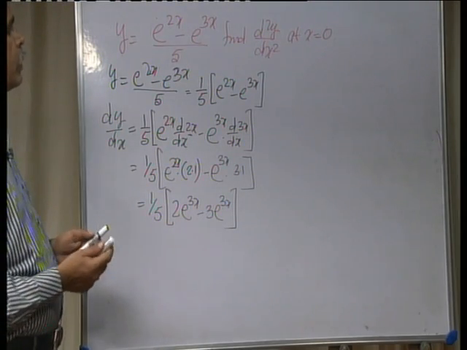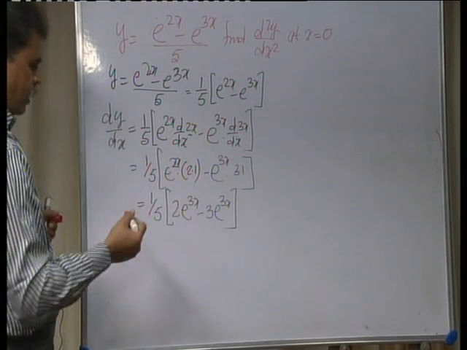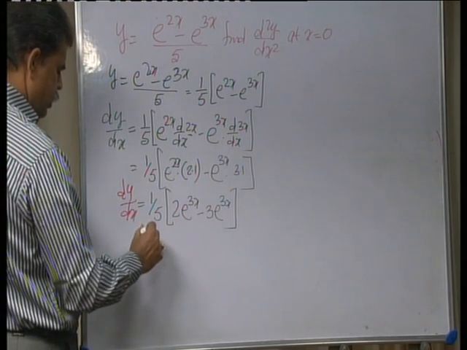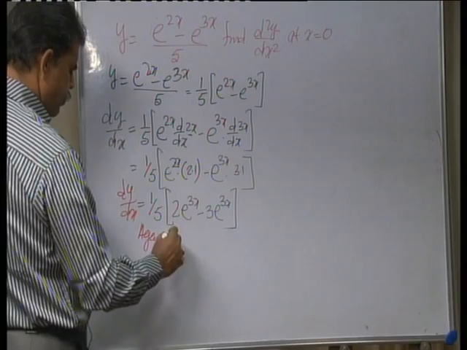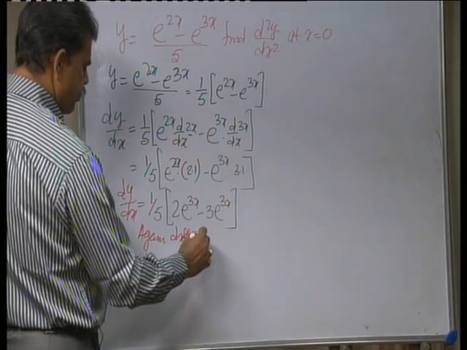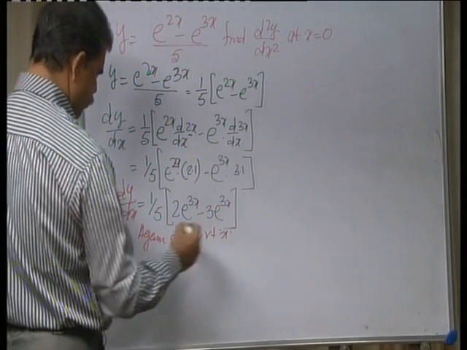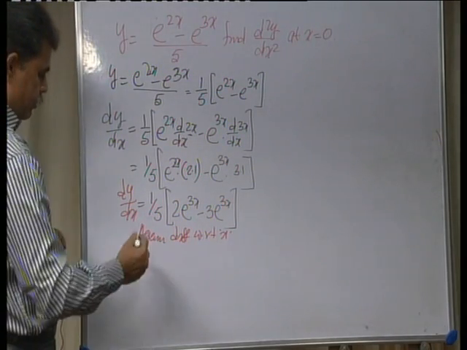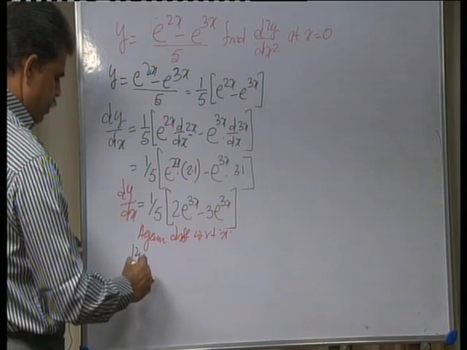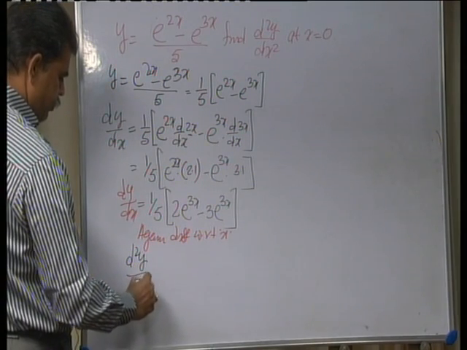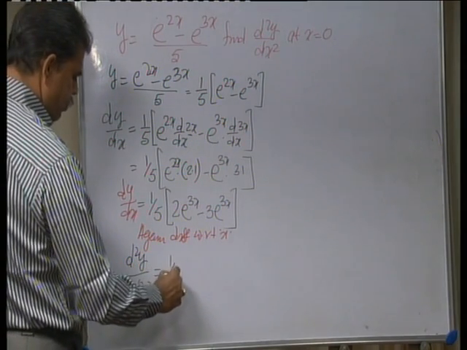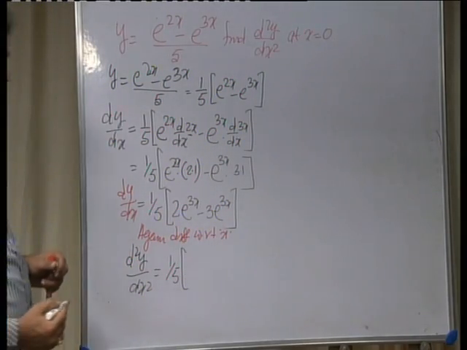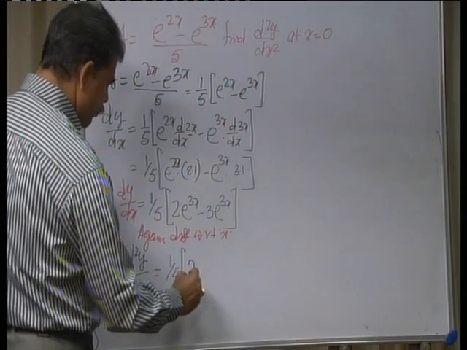Again we have to find d square y by dx square. Dy by dx is differentiated once again. Again differentiate with respect to x. What will we get? We get d square y divided by dx square is equal to, keep 1 by 5 as it is, 2 into